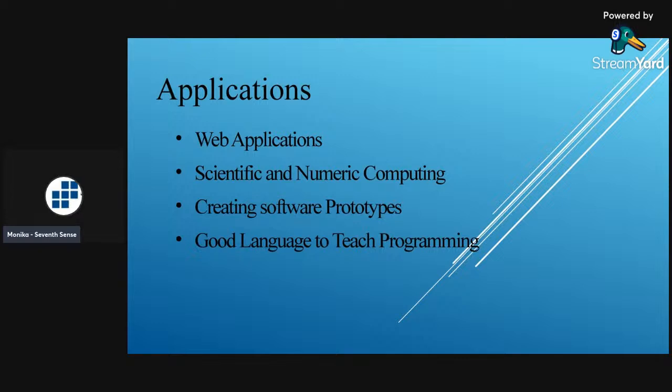Yeah, you can use it as a backend. So for web applications, like for the hospital management system, we'll be having domains. For example, like